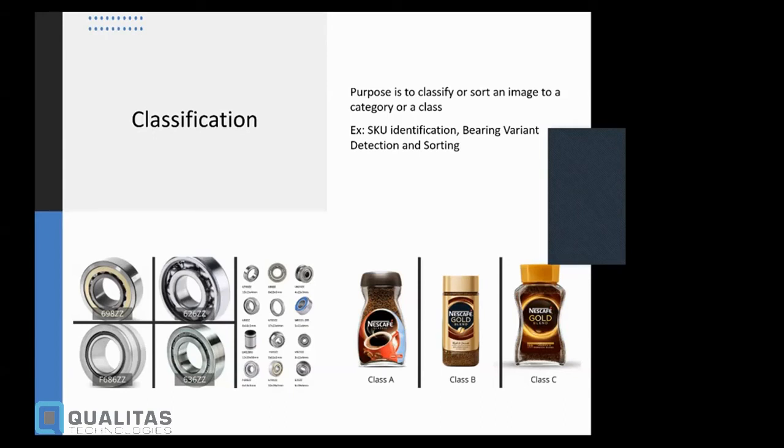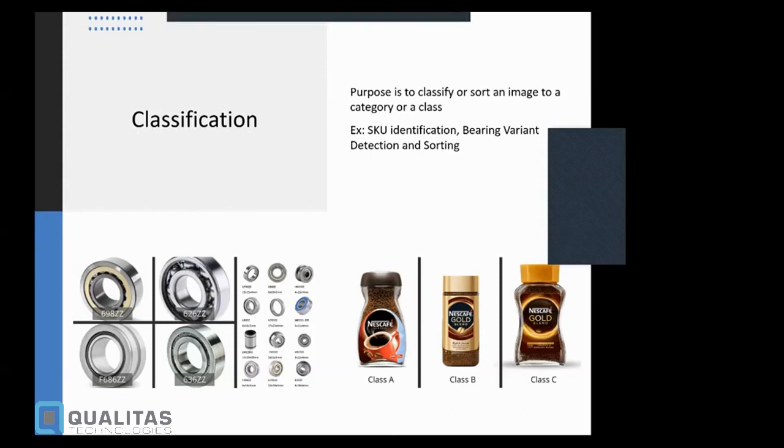In classification, it's different than that. What we're doing here, we are just looking at the image itself, and without looking at any of the features inside, you are trying to categorize it to a class. That means this is class A, this is class B, or this is category A, or category B, or category C, right? You're not trying to identify what is written over here, or what is the thickness of this. And that's a classification, right?